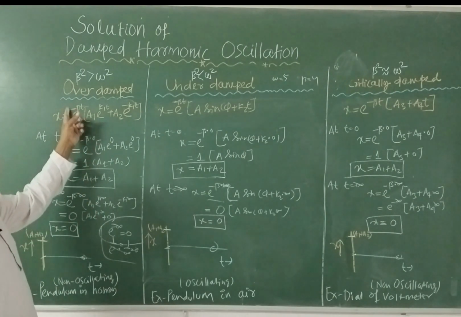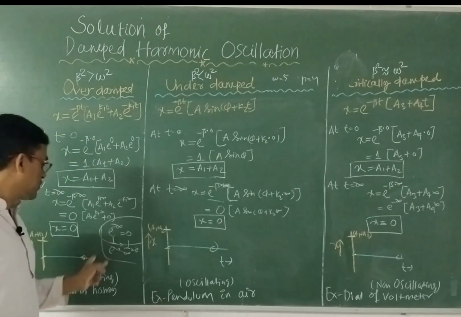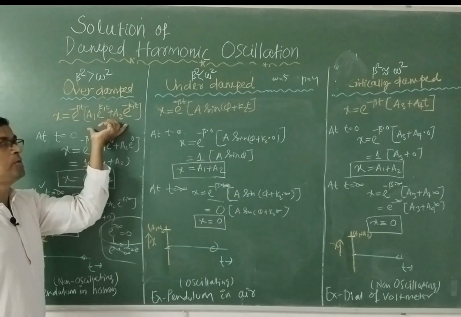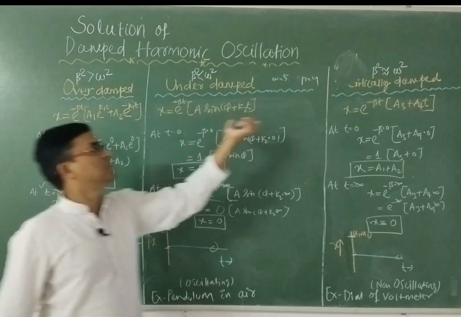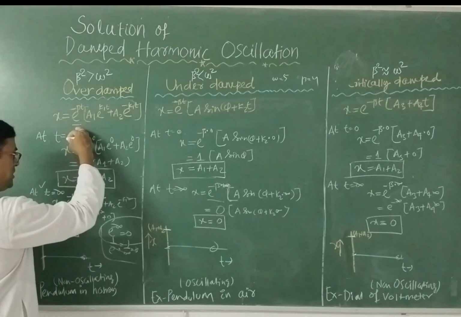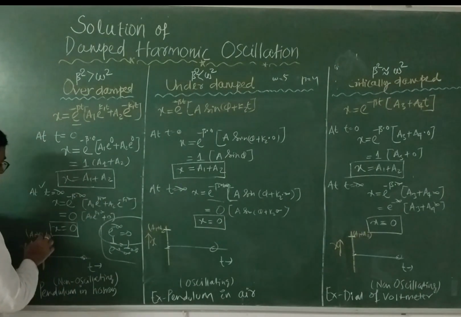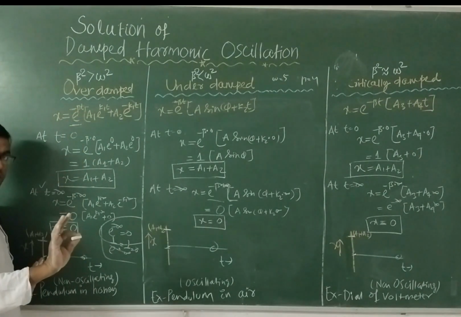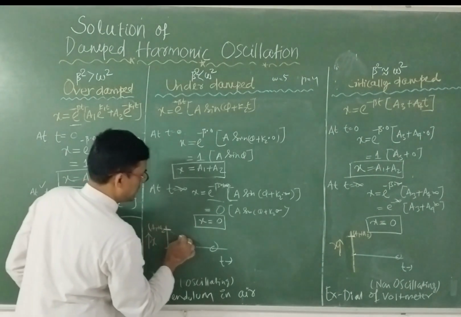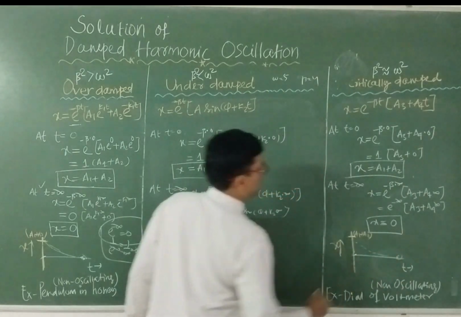And here we can find the e to the minus beta t. It is responsible for bringing the amplitude to 0 at high time, for all the cases. But how will it come? We have to check the remaining part which is multiplied with the solution. So here, the e to the minus beta t brings this displacement down to 0. That means when it comes from a1 plus a2 to 0, it will decrease exponentially, as e to the minus x is an exponential function. So it will follow the exponential path.